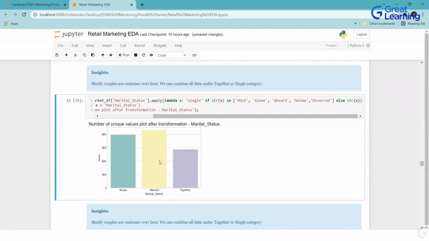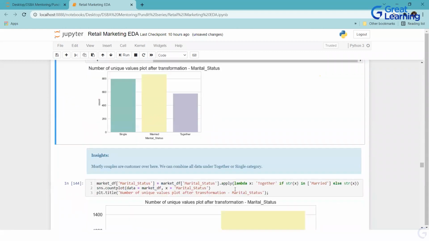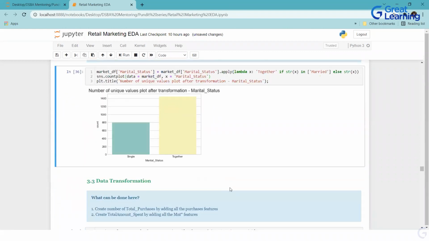So now if you see, married are more, together also, single also. I will combine married and together again. I can combine this, and that's what I did. Now you see, people who are couples are mostly the customers, correct? We can replace also. Yes, you can do that also. See, guys, there are many ways to do one thing, but this all comes with practice. This is a good, standard coding practice that I am telling you. You can use replace also, but from the industry perspective, I won't prefer doing that, because that doesn't look very nice.